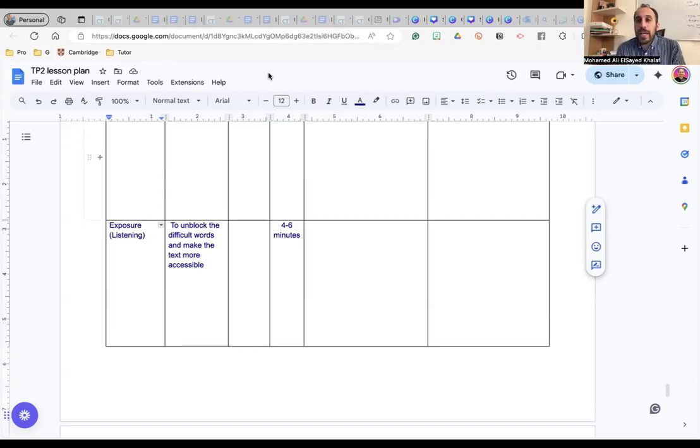If you finish early, you can have another speaking task as well. You prepare another speaking task around the same topic. Okay? But that is highly unlikely to happen if you give them a good useful language stage and if you follow the timer. Okay? So if you follow your timer, you're not going to finish early.